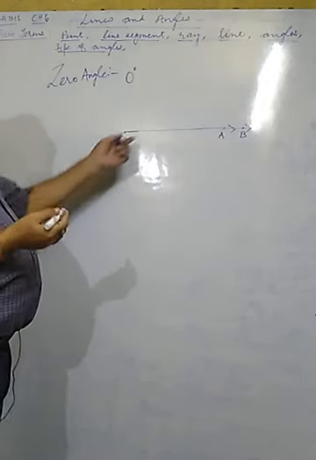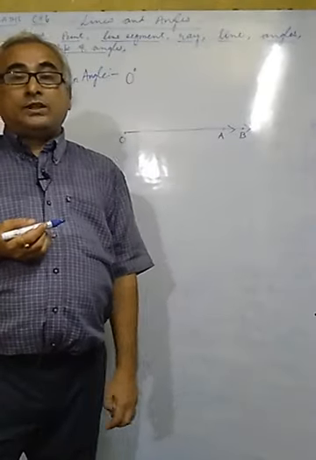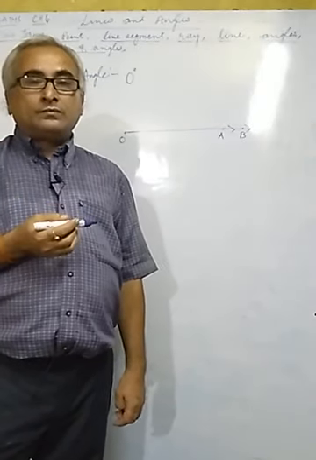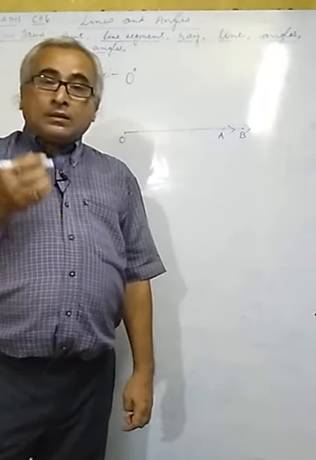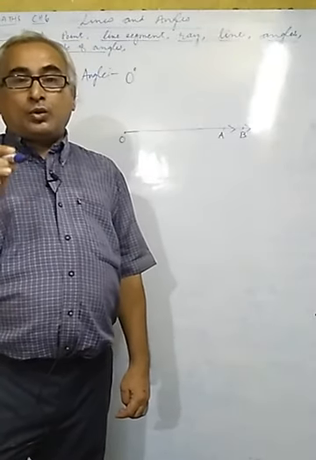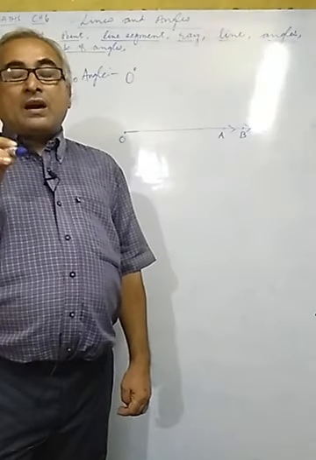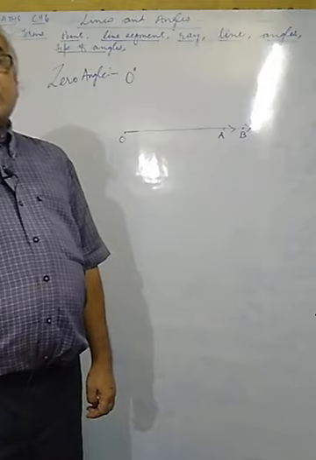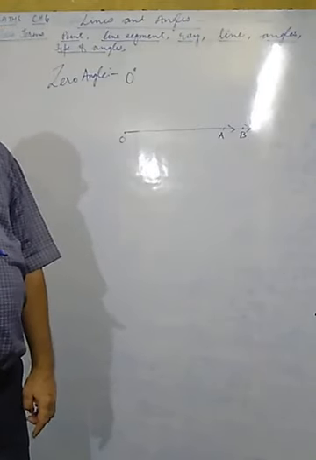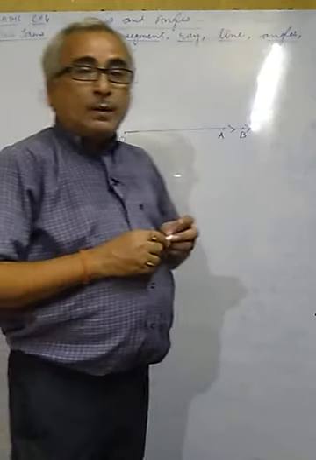Now you may give the definition of zero angle. If both the rays are overlapping each other, then the magnitude of turning or magnitude of curvature will be 0. It means the measurement of angle will be 0, and such type of angle is known as zero angle. This one is condition number 1. Now let us discuss another situation.